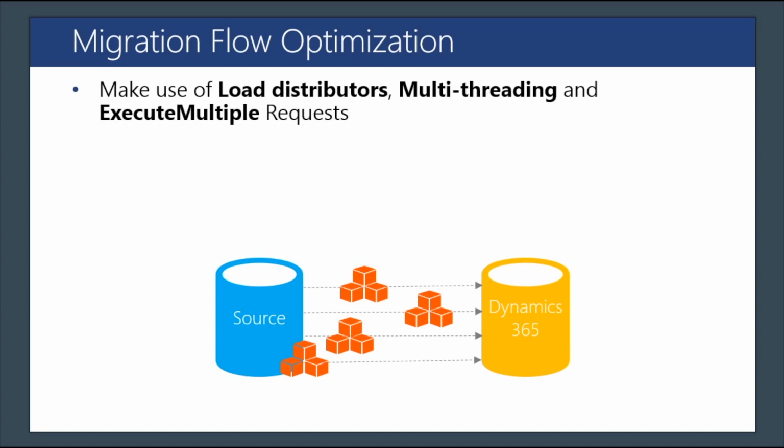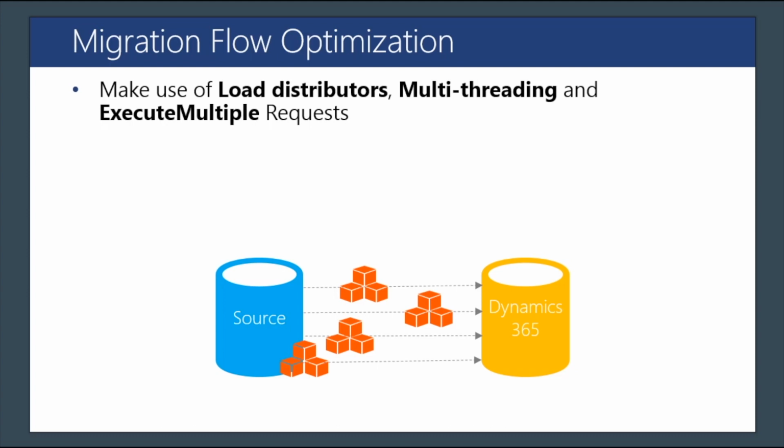Along with that, and I mentioned it before as well, use multi-threading. So leverage multi-threading, spin up multiple processes or threads sending data to Dynamics 365. Perhaps they're all consuming the same source staging area. Perhaps some of them are, as an example, migrating accounts. Some others are migrating contacts. It's really up to you, but make sure you leverage that, and as well make use of what we call